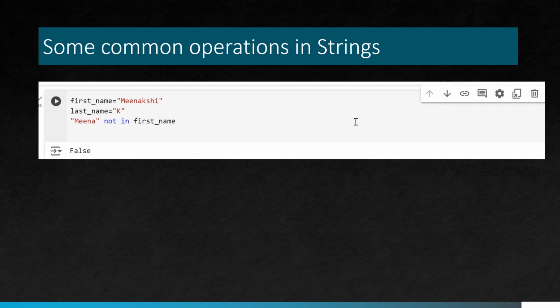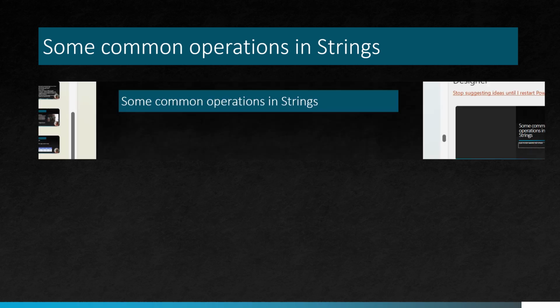If you are giving not in, it will return false. If I am giving 1, for example, now it will return true because this is not there. But if you are giving it as in, it will return false. These are some of the basic string operations that are commonly used for programming. We have an infinite number of operations that happen, but